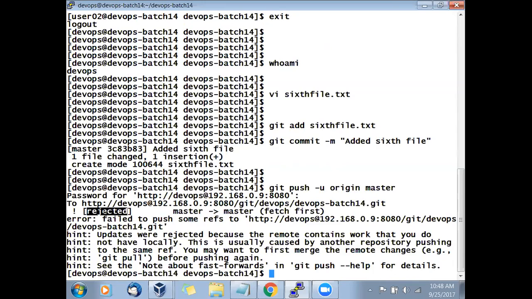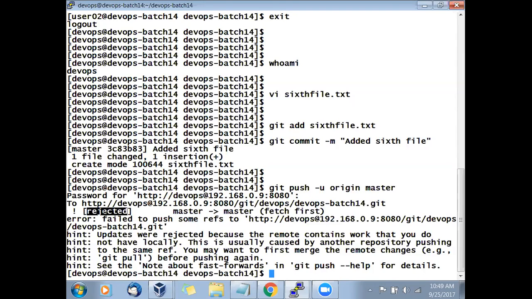This is clear? So even if 100 people are pushing simultaneously, it will not work. Only the first user will be able to upload. Others have to fetch and merge and then upload. Any one user will get first preference, in milliseconds or microseconds, we don't know. But whoever gets the first preference, gets it. But the other user has to do what? Fetch and merge. Without that, they cannot upload the file.